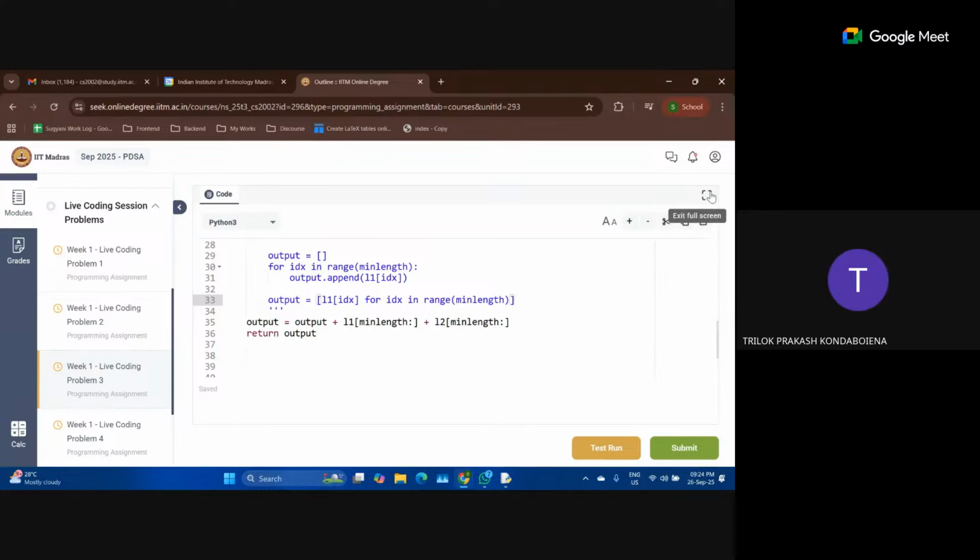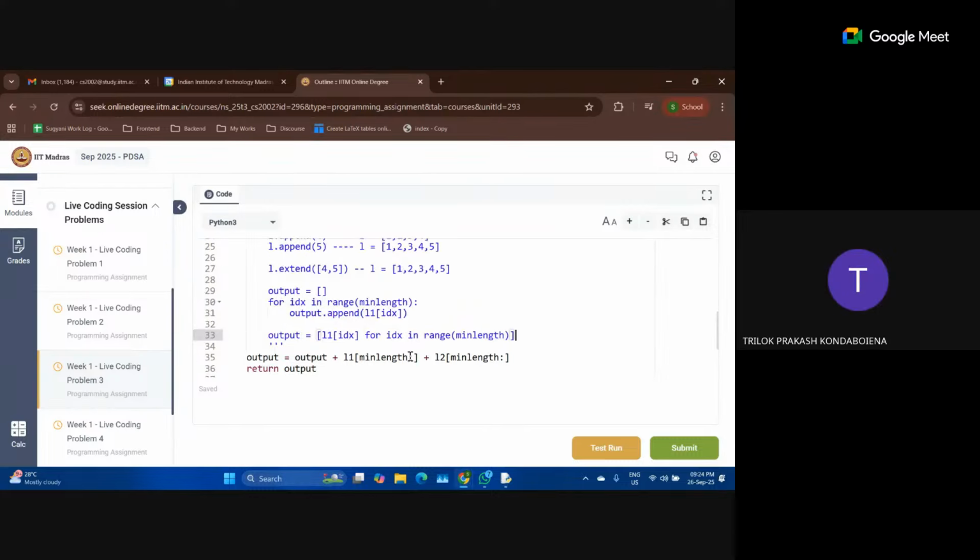Ma'am, can you explain the list comprehension once again? Okay, this is basically another way of writing this particular statement. You want to create an output where you are just appending a bunch of these elements, right? So this is just another format of writing it.